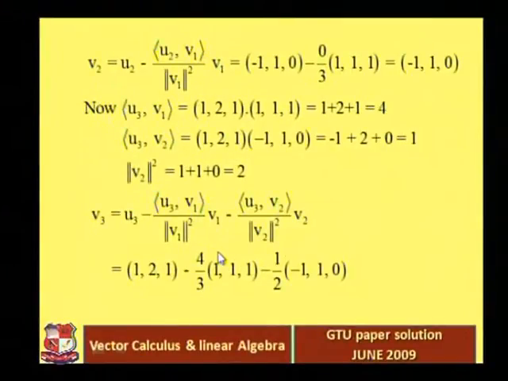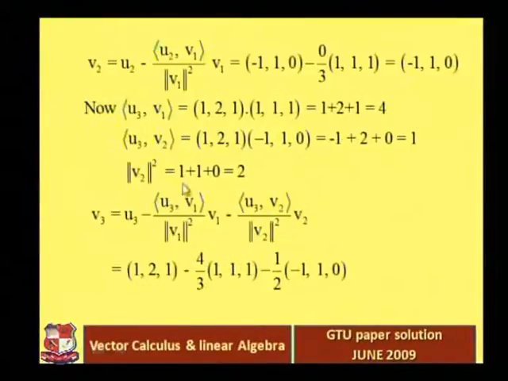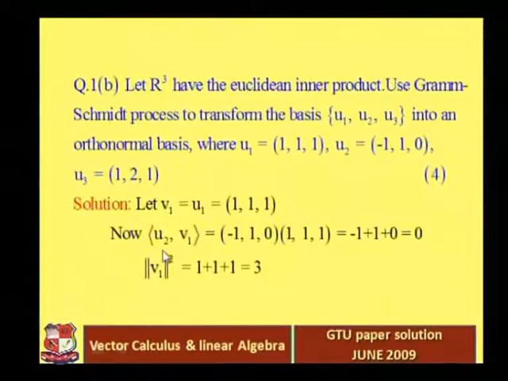Okay, so these are the orthogonal basis vectors V1, V2 and V3. Here we have only simple basis vectors, but we have to convert them into orthogonal basis vectors, and for that we have to apply this formula, right? This is the Gram-Schmidt process. So you can see, to find V2, what do we need? Inner product of U2 and V1 and norm V1 square. U2 and V1 we already have, right? So first of all we find the inner product of U2 and V1 and norm V1 square. So this is the inner product of U2 and V1.